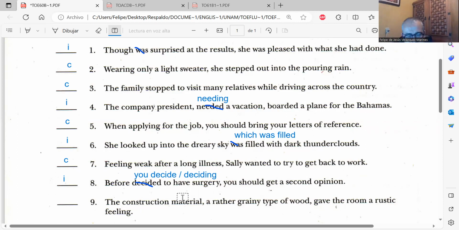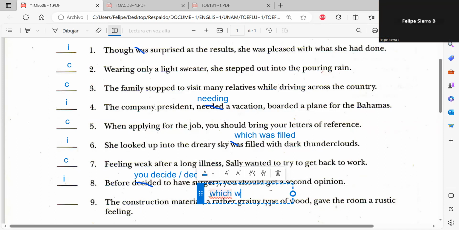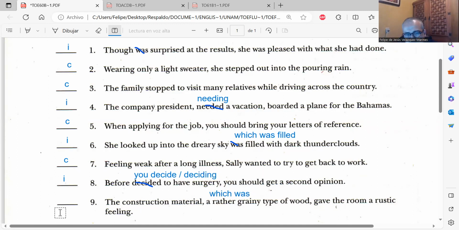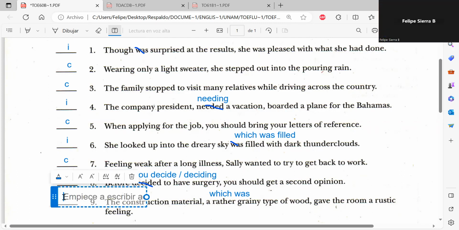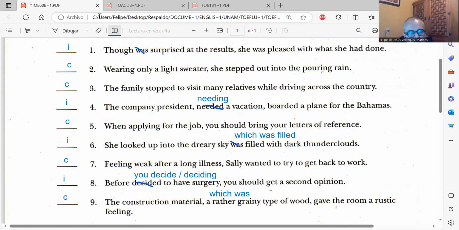If I expand it, I say the construction material, which was a rather grainy type of wood, gave the room a rustic feeling. Okay, it's okay. Yes, it's correct. Okay, very good. Okay, now